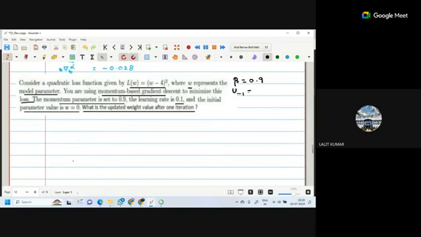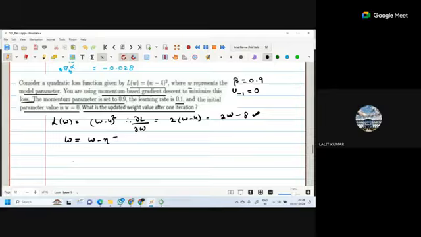U minus 1 will be 0. L(W) is (W minus 4) square. Therefore, del L by del W will be 2 into (W minus 4). The initial parameter value W is also 0. So, W is equal to W minus mu into